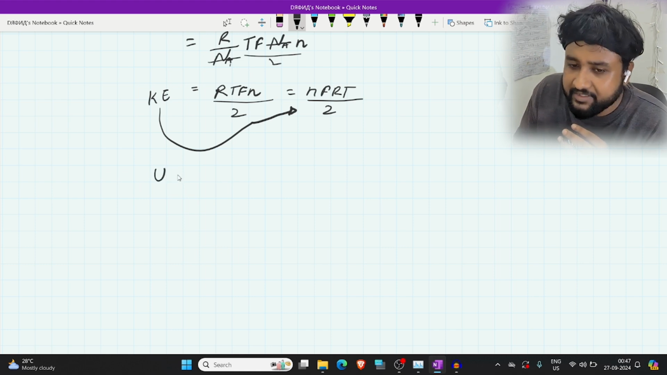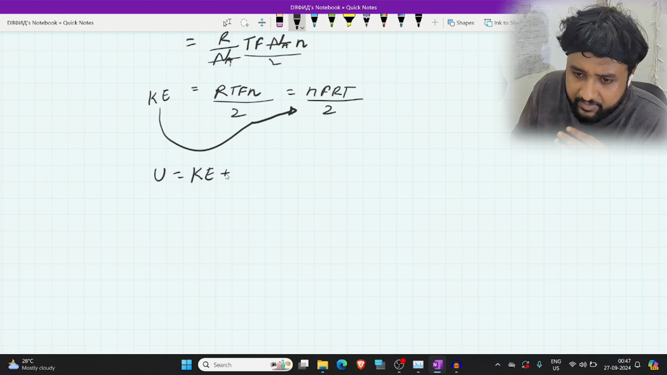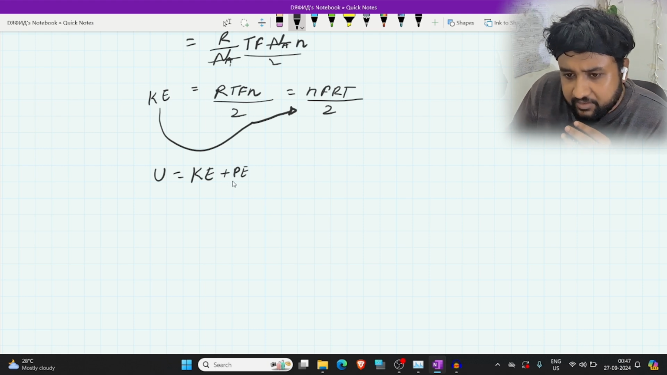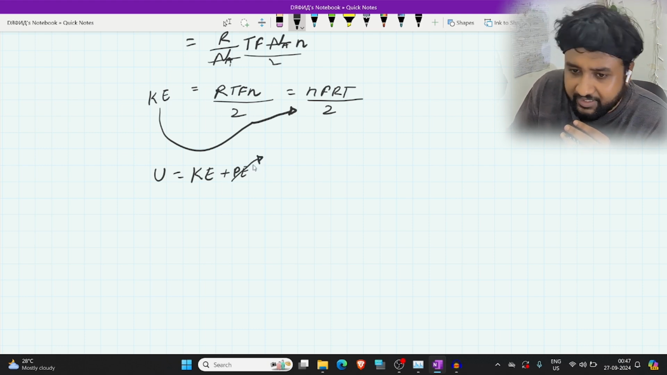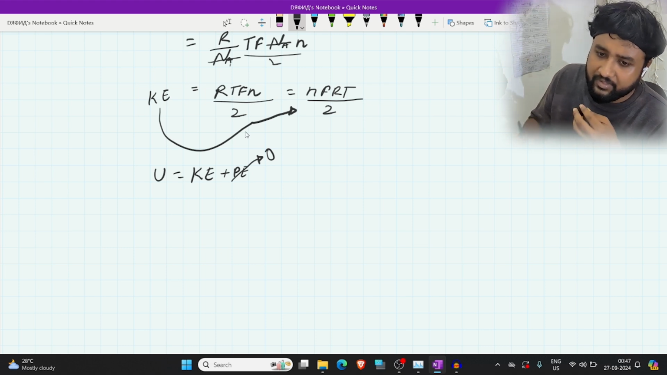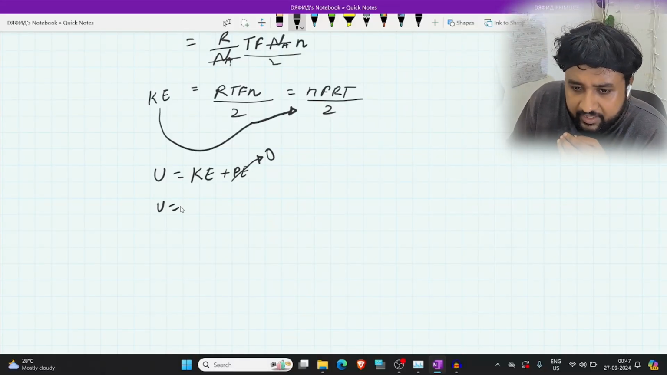Let's write total energy as U, which, as we have all studied earlier, is kinetic energy plus potential energy. We assume that gases have no potential energy for the time being. It may have, it may not have, but since it's not in our syllabus, we'll assume it as 0. So total energy is equal to kinetic energy. We can also say the total energy of the gas is because of kinetic energy. So now total energy becomes